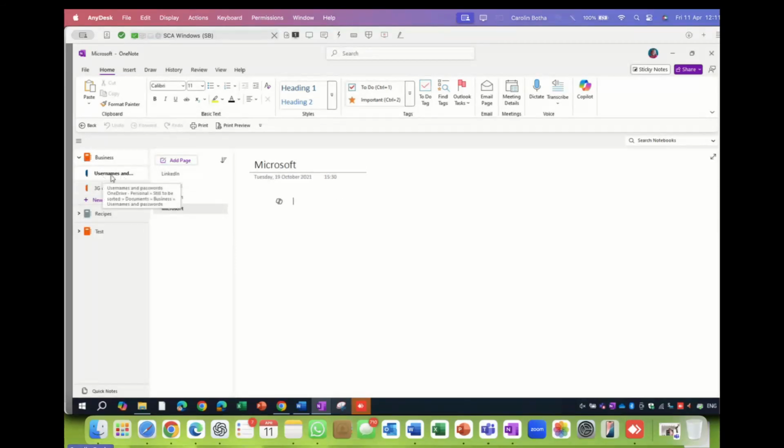So usernames and passwords is the section, and then the pages: 1 page for LinkedIn with my login name and my password, 1 for Facebook, 1 for Instagram, and another page for Microsoft. That's the section, usernames and passwords, in my business book.